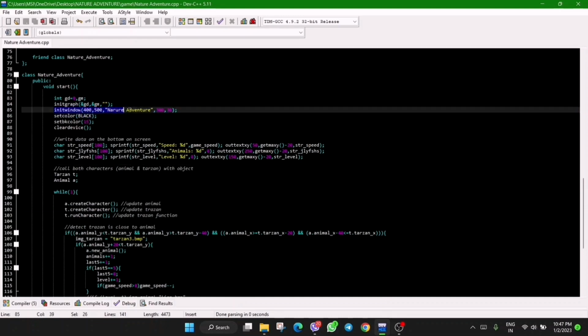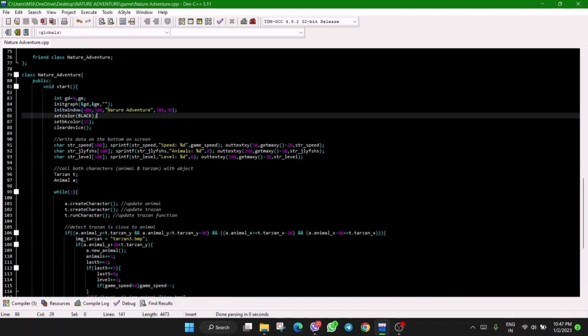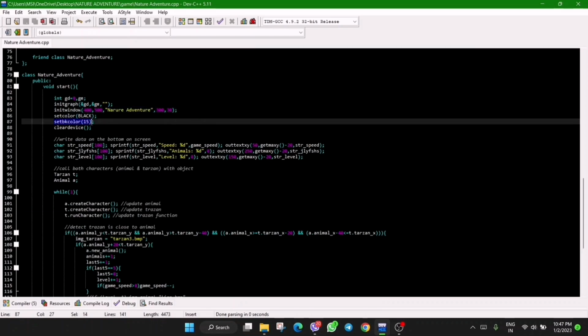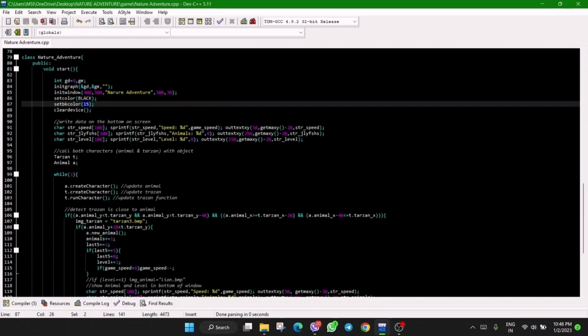In this line we determine the window size, and this is the name of the window, which is also the name of the game, Nature Adventure, and the background color of the window is white. Number 15 is related to the color white, and in here